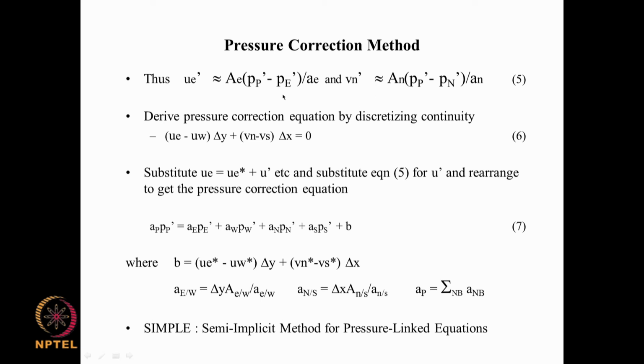So, once you substitute the equivalent expressions in this equation, all the velocity corrections will go, and this equation becomes an equation involving pressure corrections only, and the pressure corrections are at capital P and capital N, capital E and all that. So, we can rewrite this continuity equation as an equation for pressure correction,